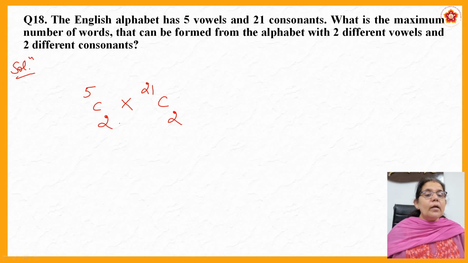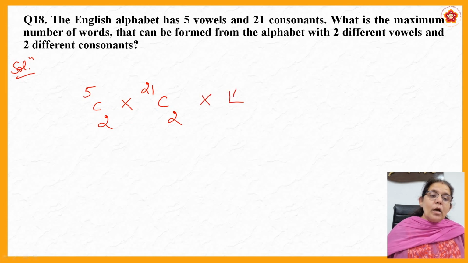Now they are asking, what is the maximum number of words that can be formed? Now 4 we have chosen. After choosing 4, these 4 letters can be arranged in factorial 4 ways. For example,